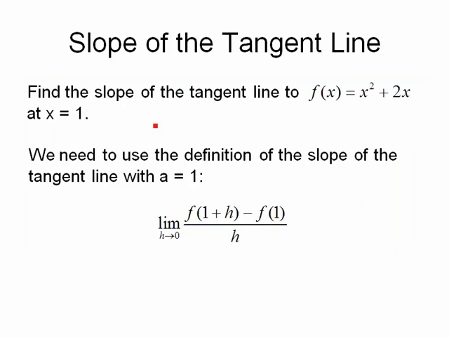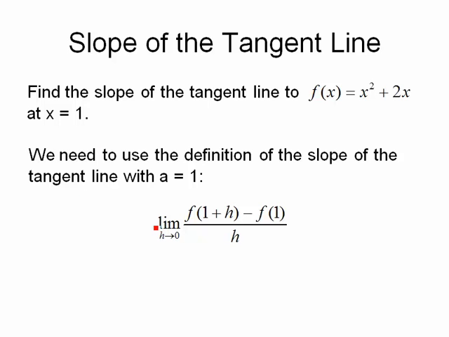Let's go ahead and find the slope of the tangent line to f of x equals x squared plus 2x at the point x equals 1. We're going to basically do exactly like we did in the previous section. The only difference now is instead of calling things instantaneous rate of change, we're just going to say slope of the tangent line. We need to use the definition of the slope of the tangent line with a equals 1,